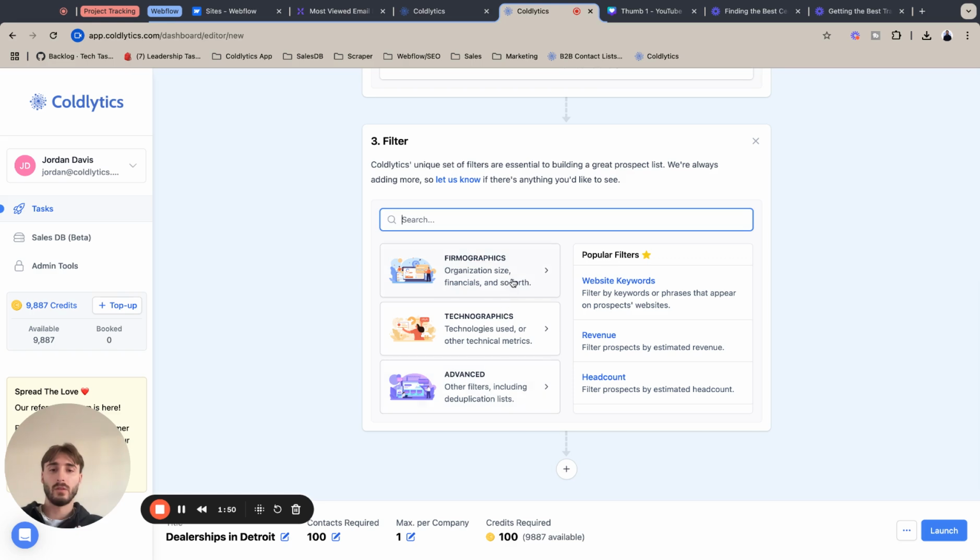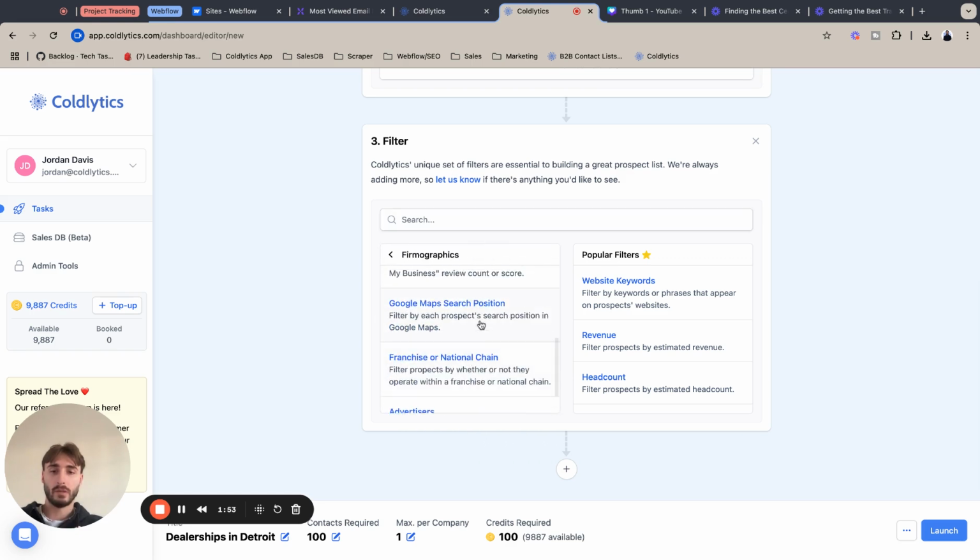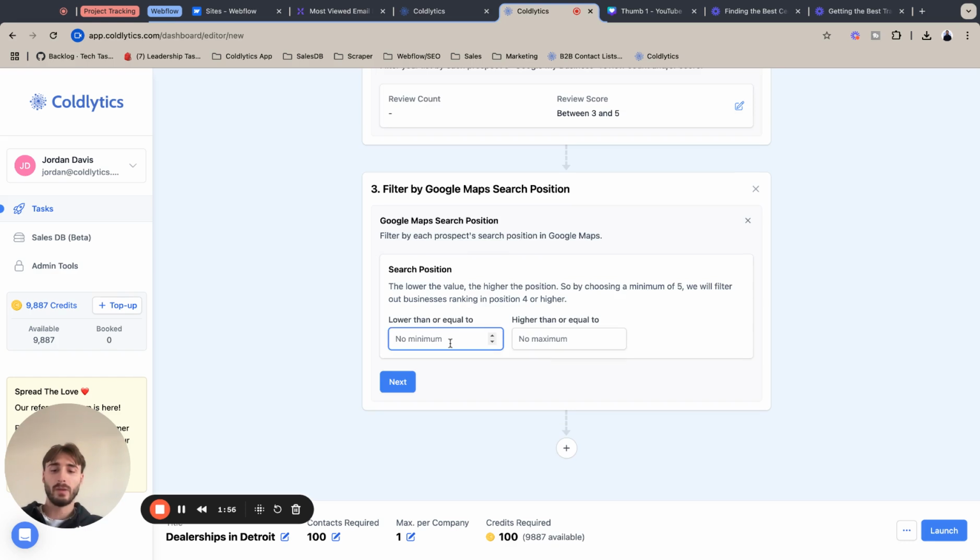Next filter we're going to do is Google Map search position, which is kind of like SEO ranking. I want to do between 6 and 12, and we're looking for companies that have marketing work. That have good SEO, but not great SEO, as in they already have another digital marketing firm working for them. And the benefit to you for working with a company in this SEO range is